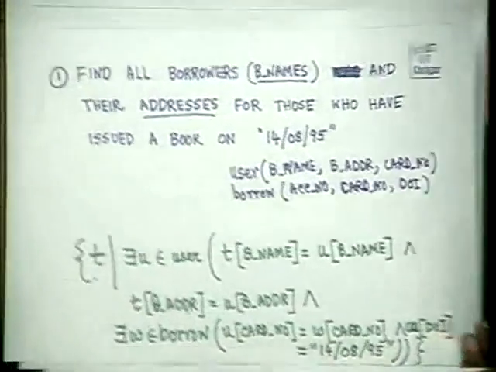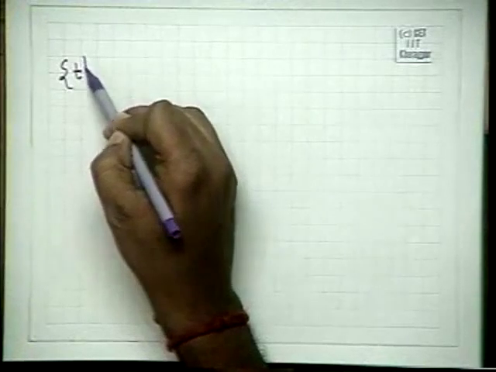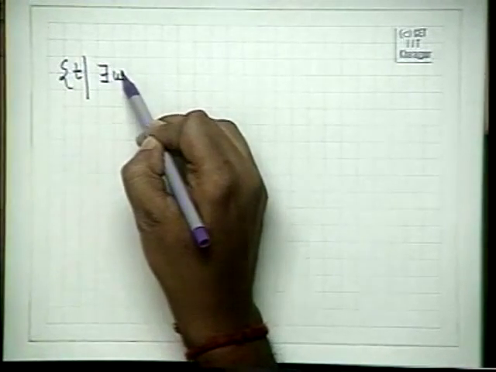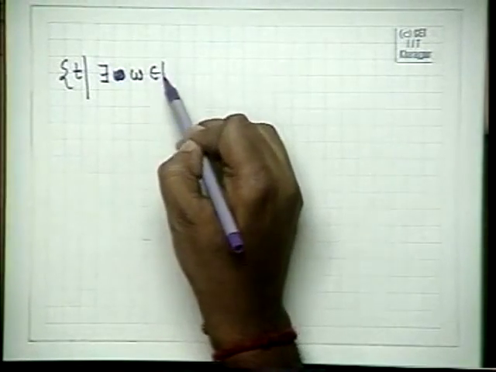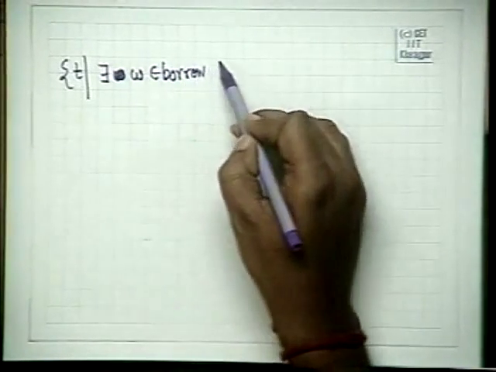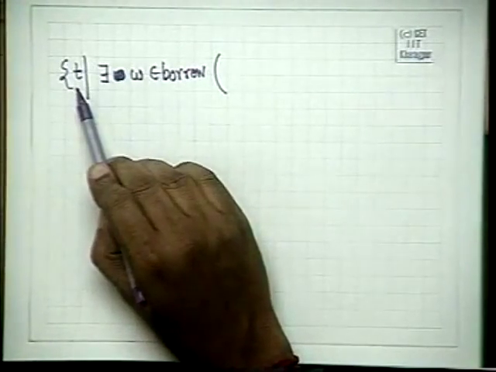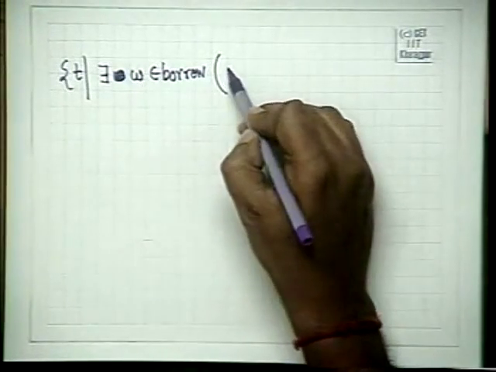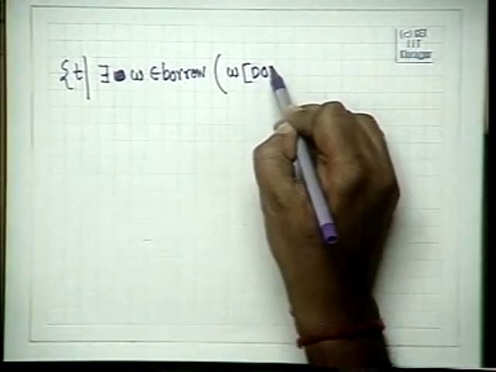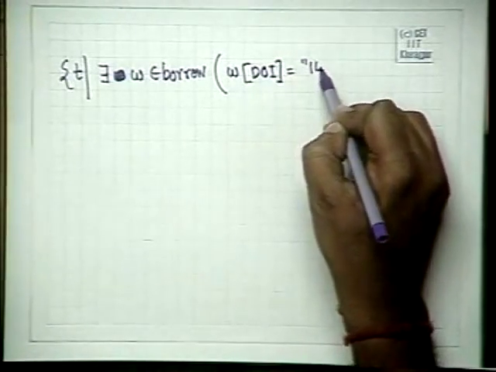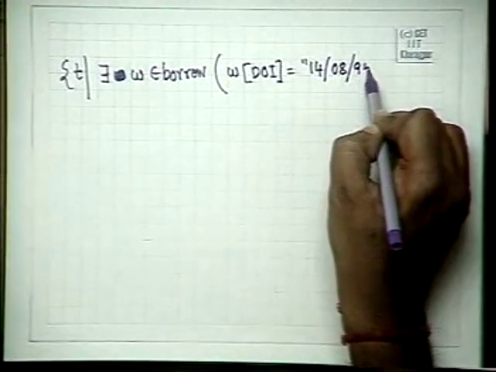This query can be written in many other ways. This is not the only way. Since you are not specifying the exact procedure, you will see that there are thousands of ways in which a relational calculus query can be written. The same query can be written: there exists W element of borrow such that, for every tuple in T there must exist W element of borrow such that W date of issue is equal to 14/8/95